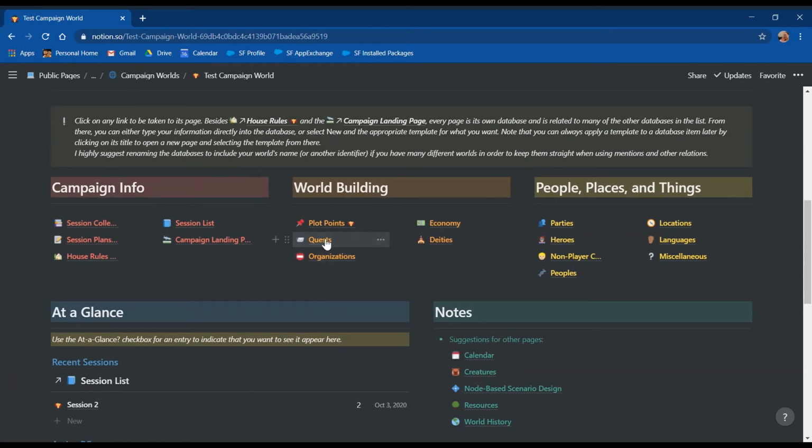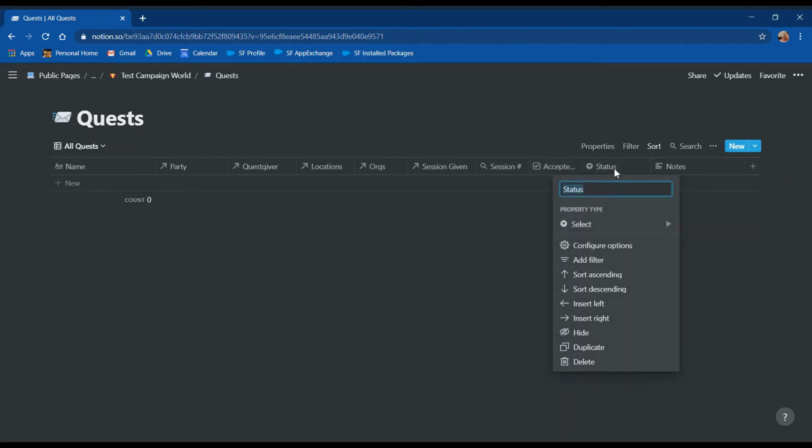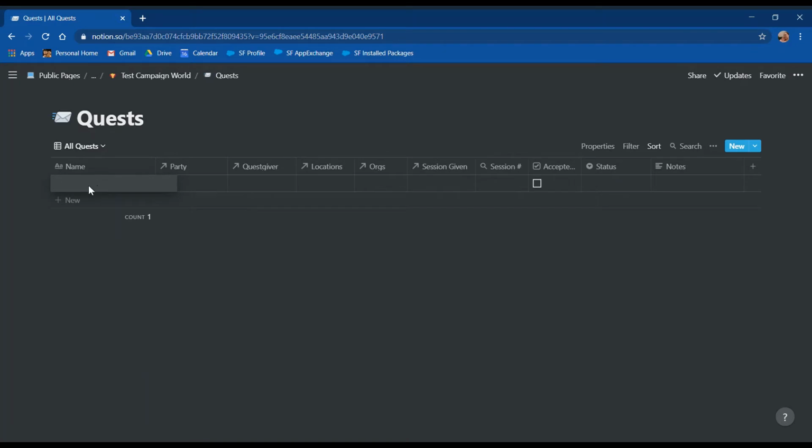All right, quests. So quests, this is where we really, really get into all of the related databases. So you can name the quest. You can say which party was given the quest. You can name one of the NPCs as a quest giver. You can say a related location or related organization. You can say which session it was given during. This will get pulled from there. You can say whether or not the group accepted the quest. And then you can do a status, which, let's just add a quest here,